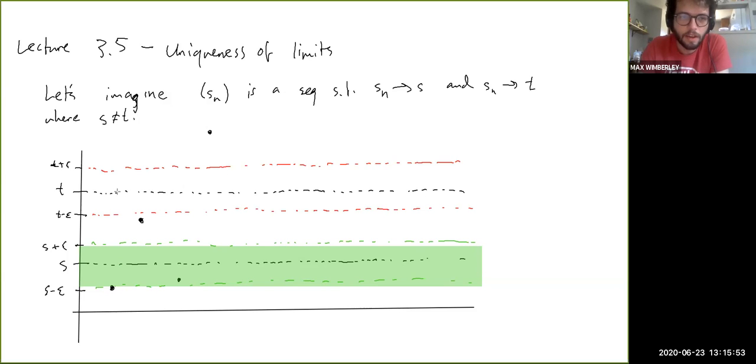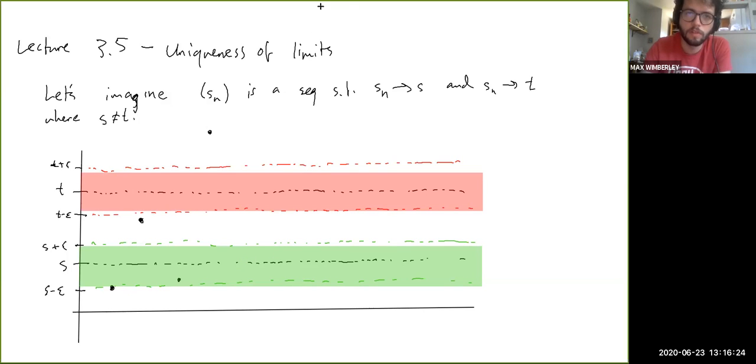Still learning here. So basically, right, okay, we picked some number epsilon, and the key was to make epsilon small enough that these two bands didn't overlap each other, okay? And you'll see why in a second. So basically, when we pick this number epsilon, then the definition of convergence, if we're assuming that Sn converges to T, it guarantees we can find a number capital N. So I'm gonna actually draw, like, let's call it capital, oh, actually, let's focus on S first. So the convergence for S guarantees that we can find some number N1, oops. Let's say it's over here. So let's say N1 is over here.